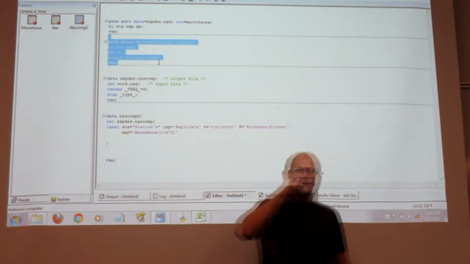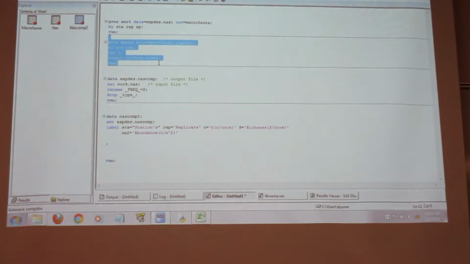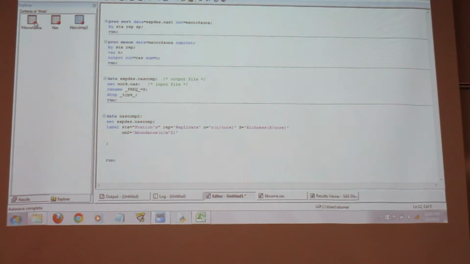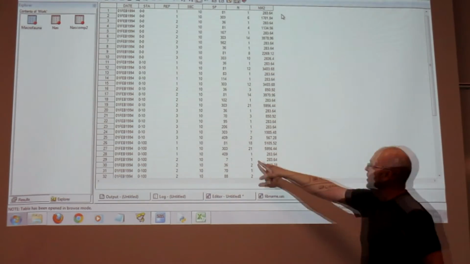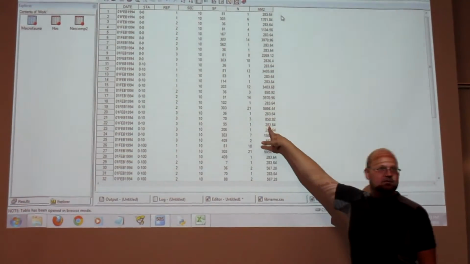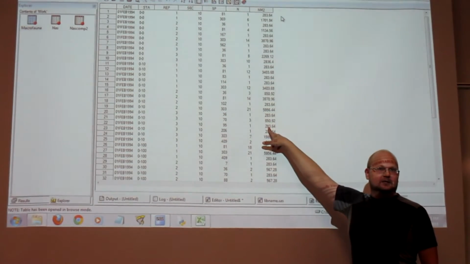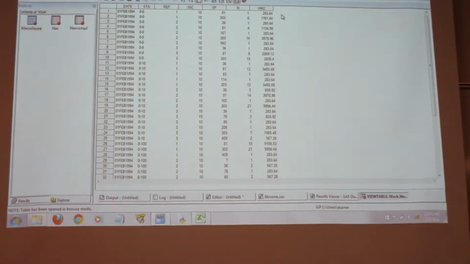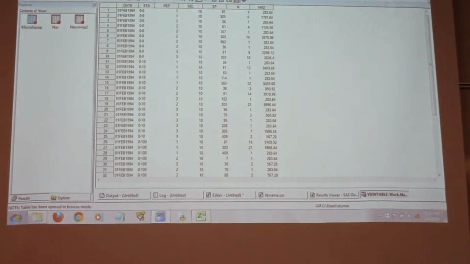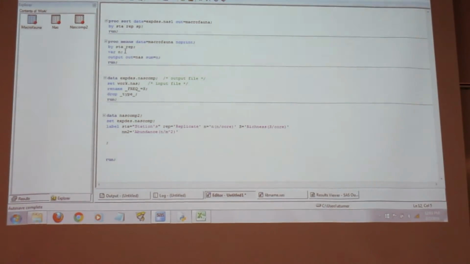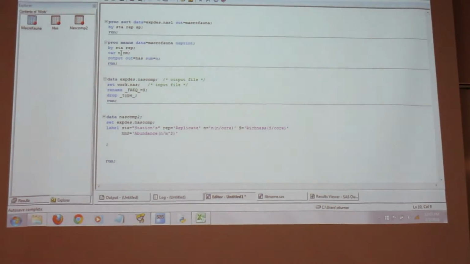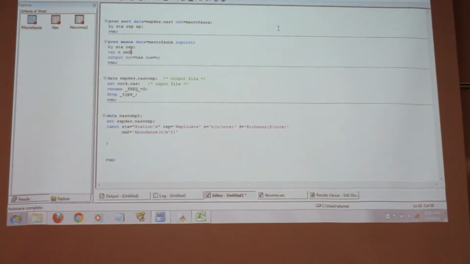So I want to add an extra variable to this. I don't want to focus just on n, but also on nm squared. If I look at macrofauna, I want both of these. So we need to find a way of telling Proc MEANS that I don't just want n, I also want nm squared, because that's the name of the variable.